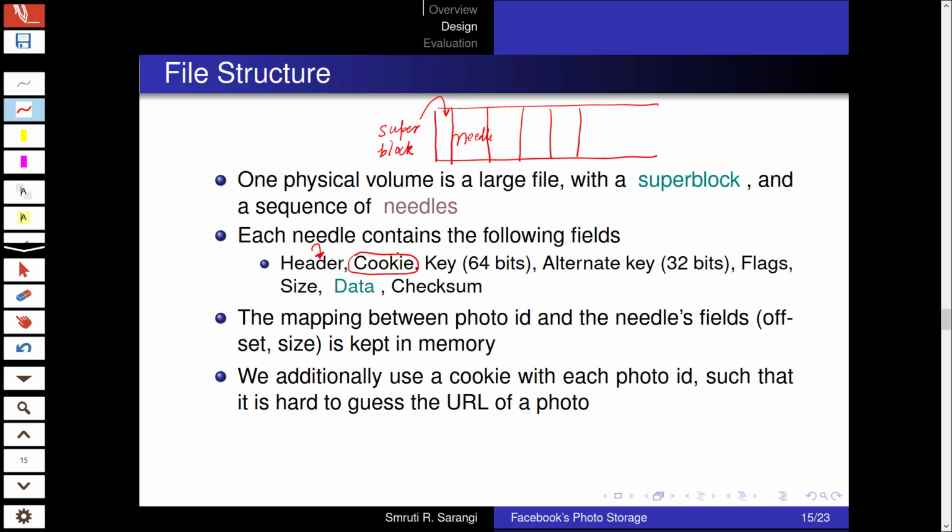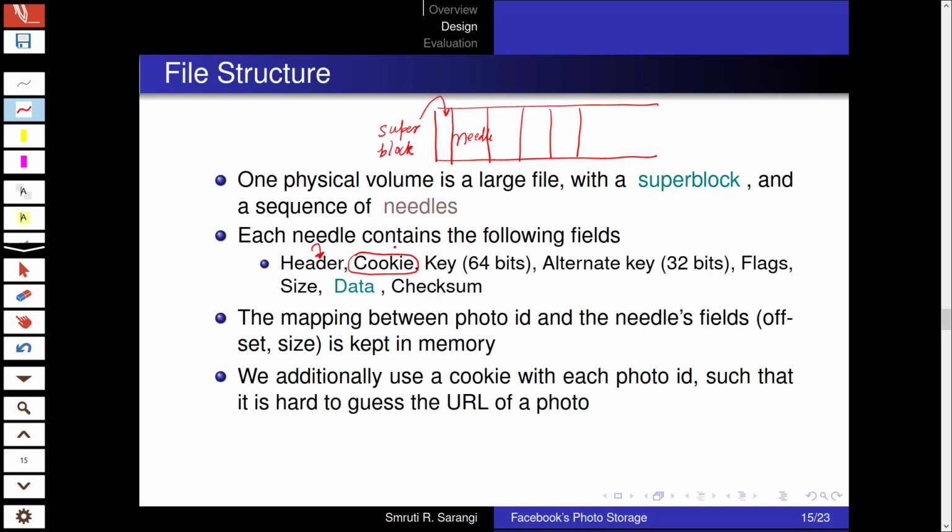It will become very easy to guess the IDs of photos. I can start doing bulk downloads, and even if there's a little bit of laxity in security, I can guess the URLs of photos of other users. I can download them. We want to defeat that.